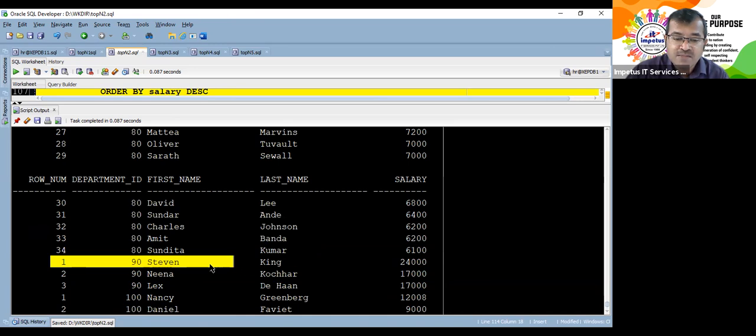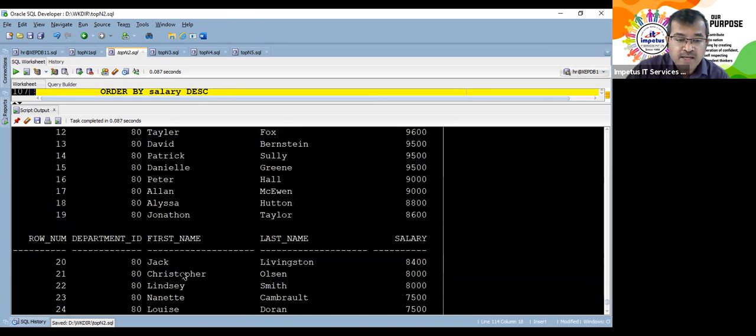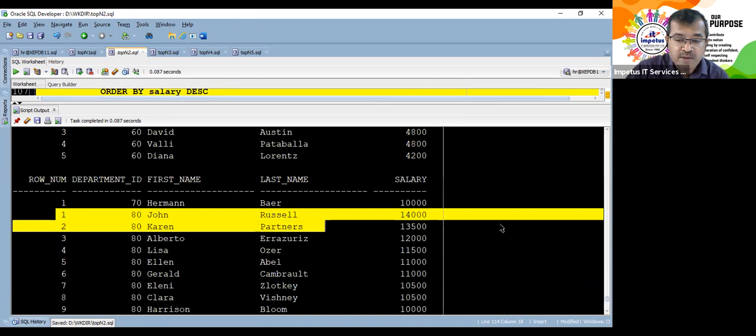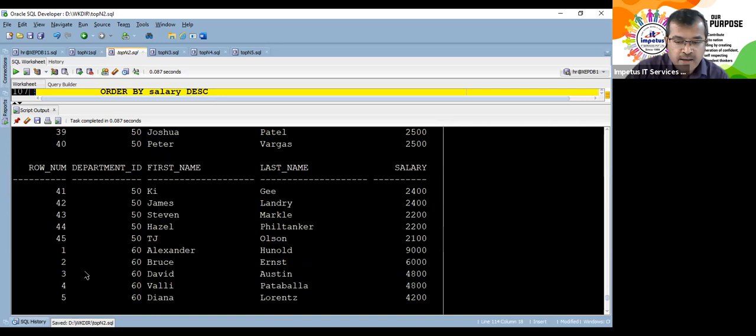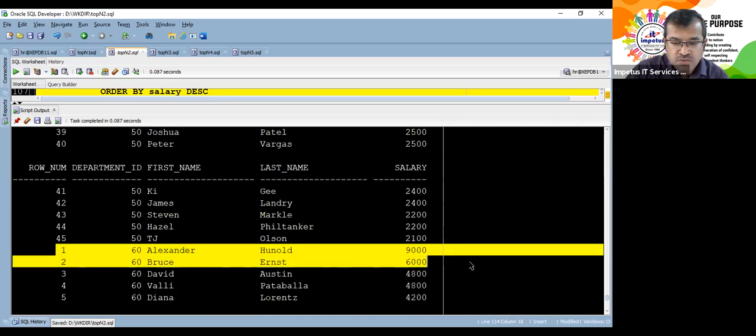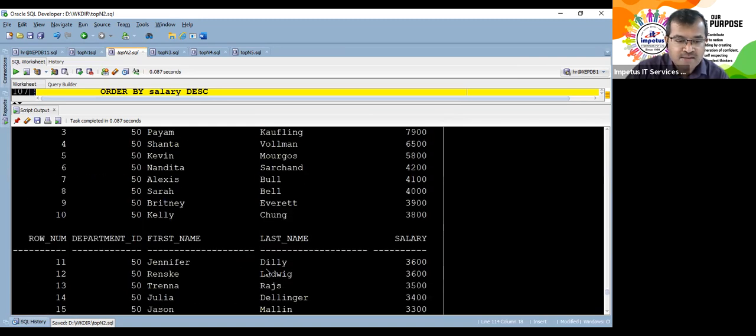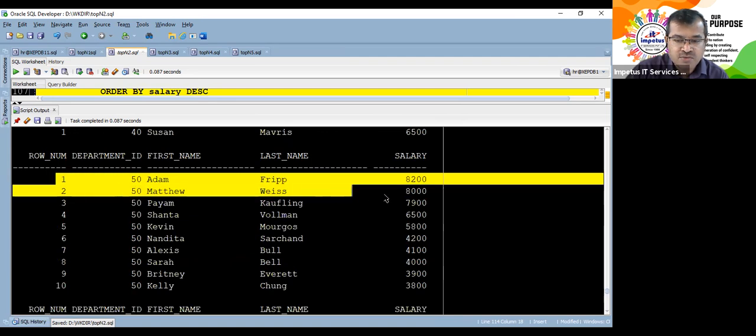So now if somebody tells me they want the top 2 in every department, I want these 2 from department number 90. Department 70 has only one, so only one. But these 2 from department number 80 and these 2 from department number 60, there will be some problem. I'll show you where the problem can arise.